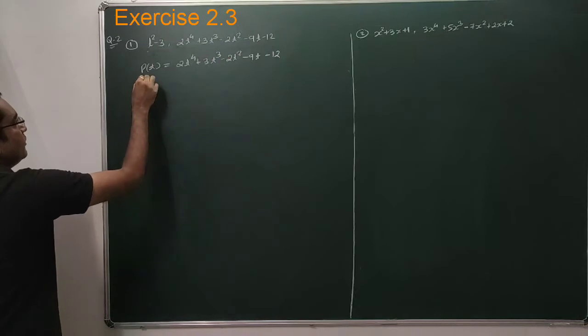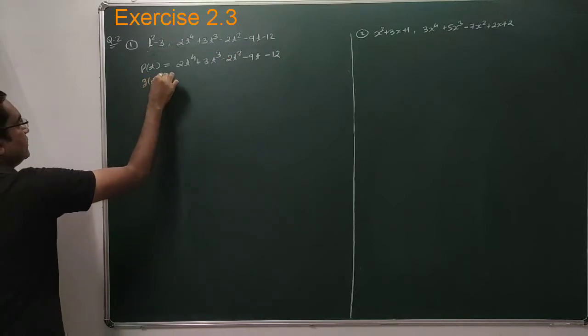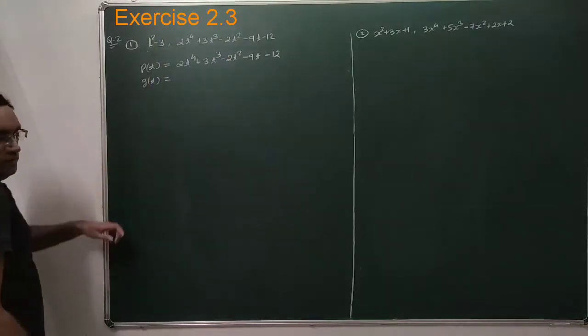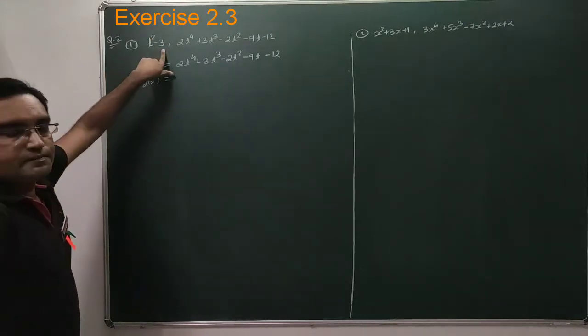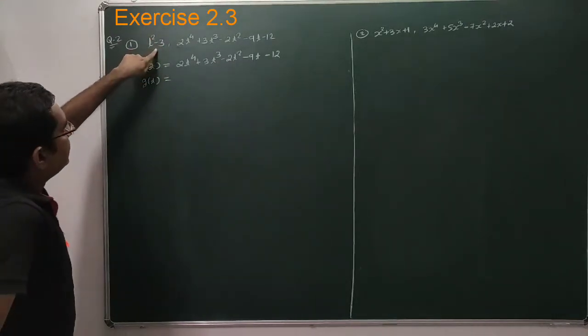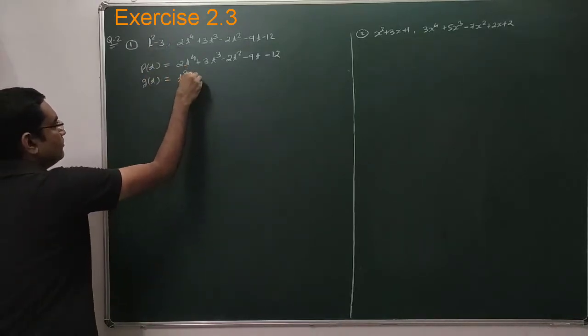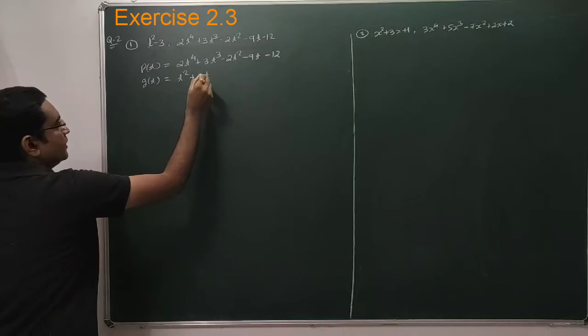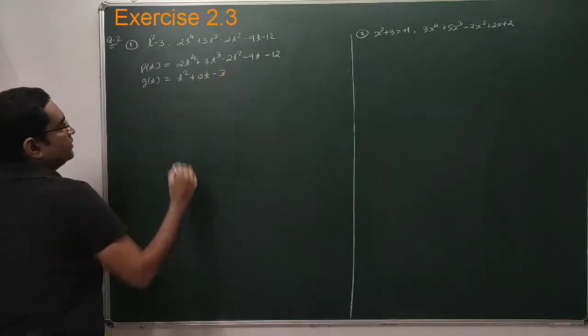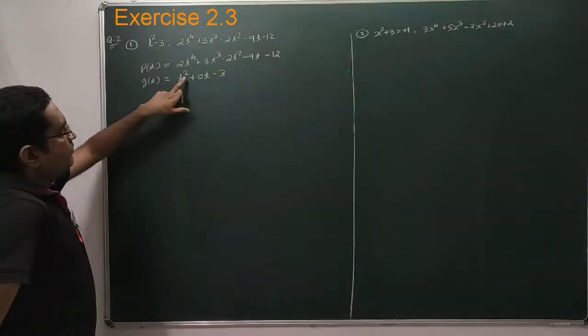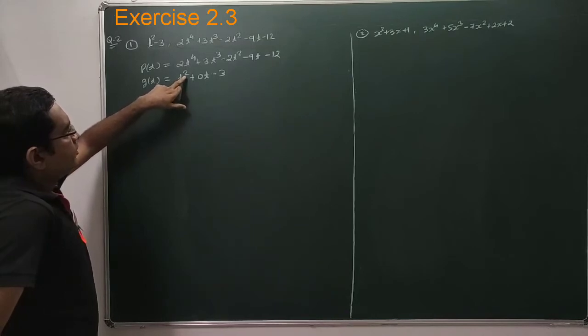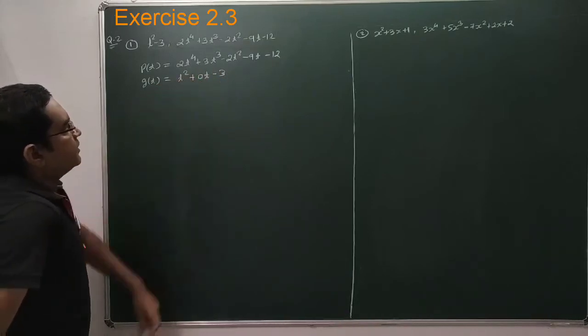And our divisor polynomial, which is g of t. Two terms are there. The term with one power of t is missing, so we have to add that term. So t raised to 2 plus adding this extra term is 0t minus 3. So this is standard form. Power of variable t 2, 1 and 0, all the powers are present.